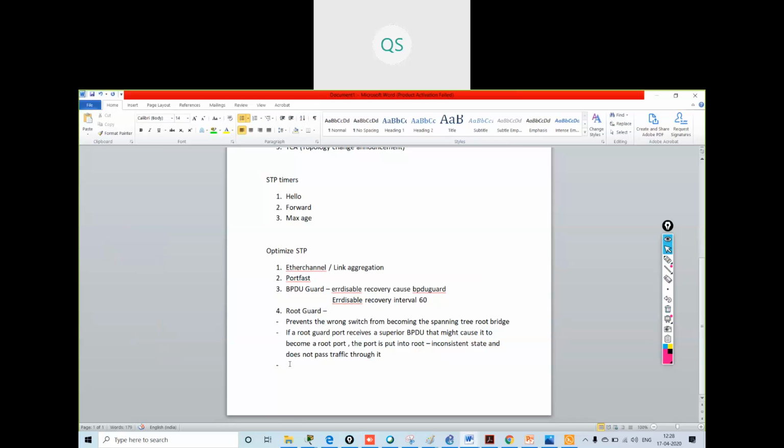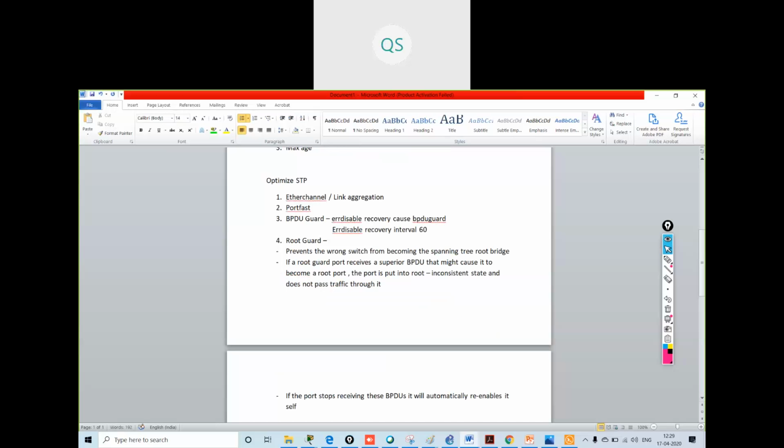Now if the port stops receiving these BPDUs, it will automatically re-enable itself.